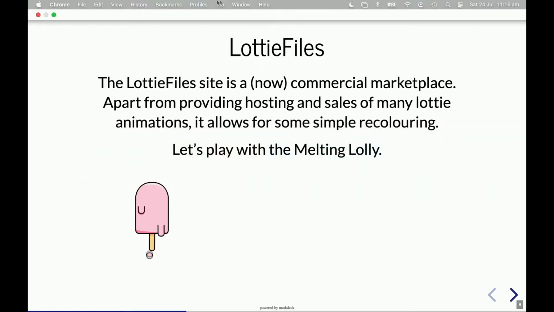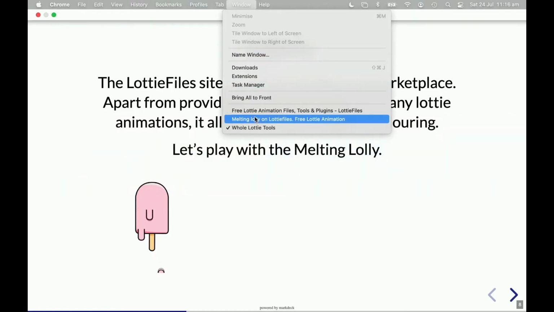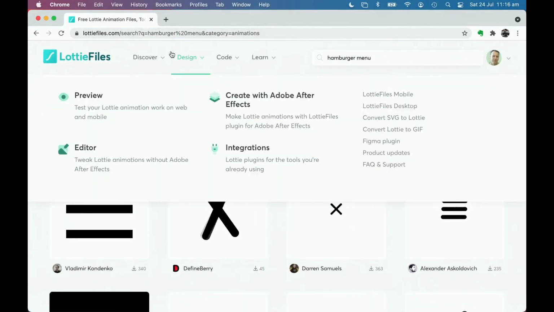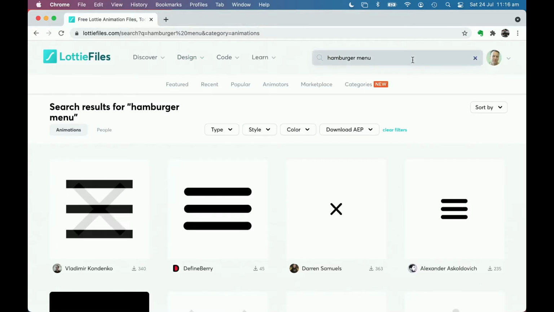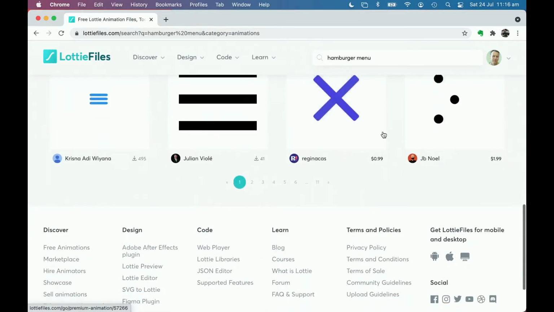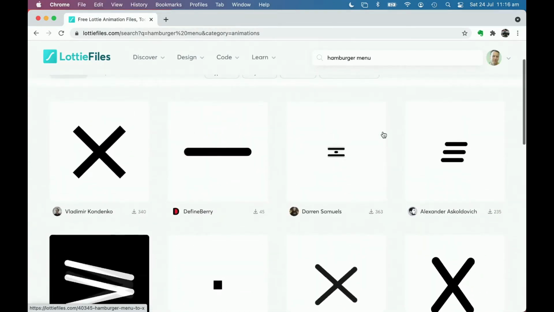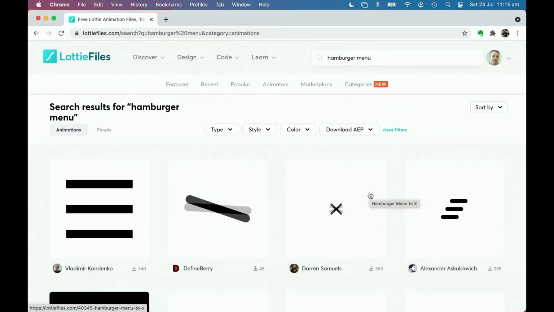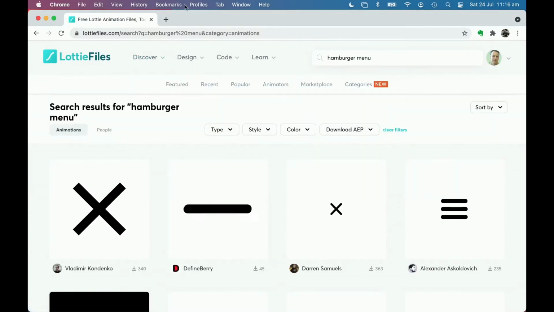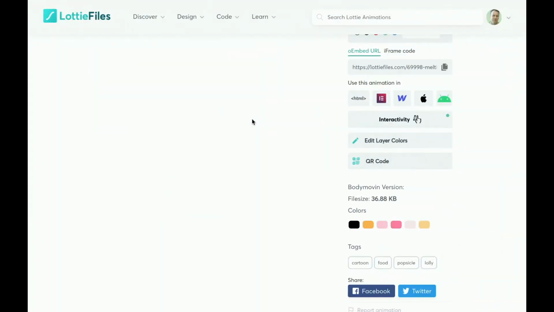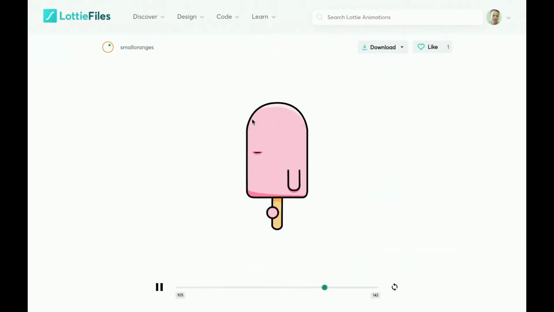Oops, sorry. I shall bring up the Lottie Files site I opened earlier, just to save it taking a while. As you can see here, Lottie allows you to search for different hamburgers. So if you were looking for some design inspiration on what your hamburger micro interactions could look like, you can find it here, even if you're not going to use one of these as a starting point. Lottie Files also includes a simple editor. So we're going to go and play a little bit with the lolly that I had